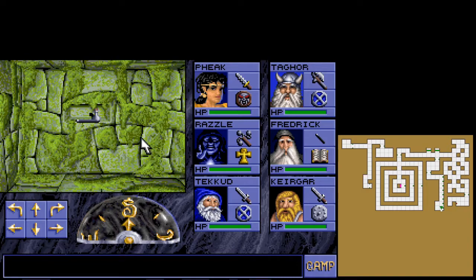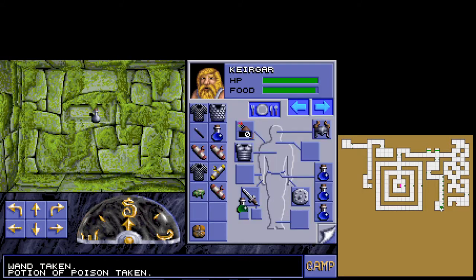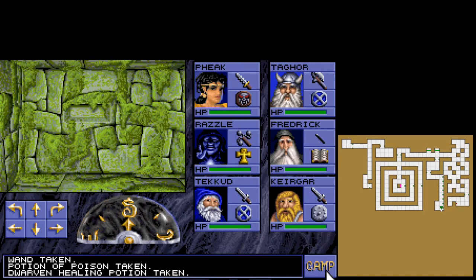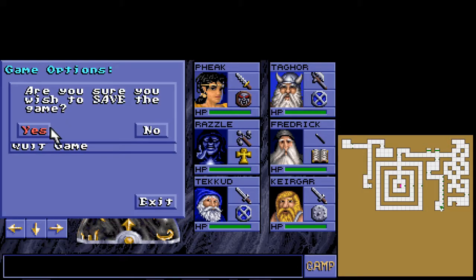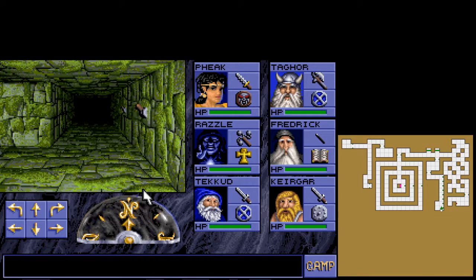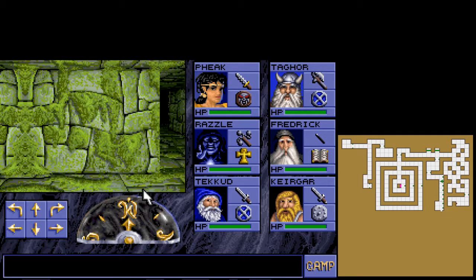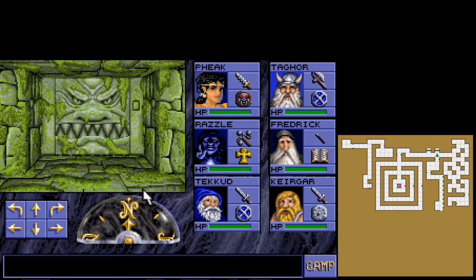Okay, fine, that worked. I got a wand. Kierkegaard, you can have this potion of poison. Dwarven healing potion. Hey, is that what we need to cure the king? It was down here the whole time. This venture wasn't a complete waste of time. I actually planned to do that the whole time. I thought it would be a few floors up. We still don't have a way out of here, though. There's no stairs, and I don't have the unk which we require to open up that portal, so...